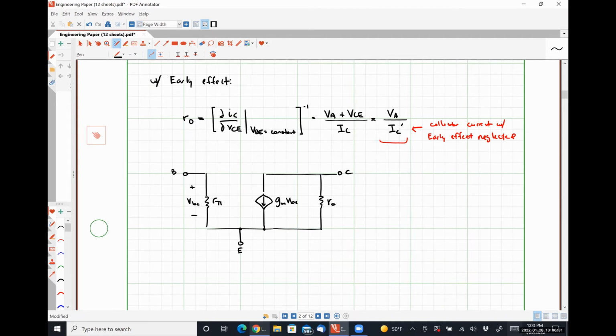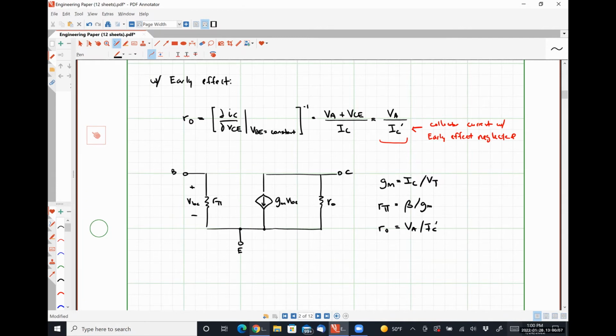Collector terminal, and then our relationships are GM is equal to IC over VT. R pi is equal to beta over GM, and R naught is equal to VA over IC